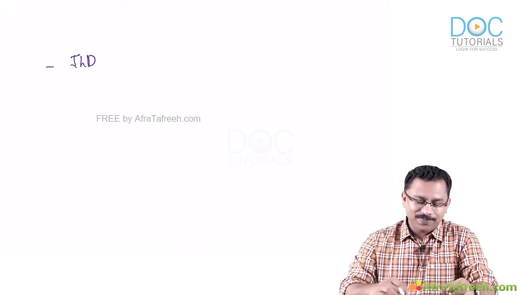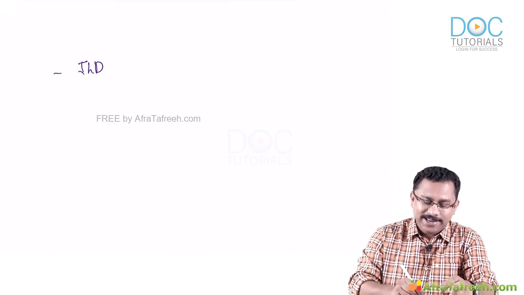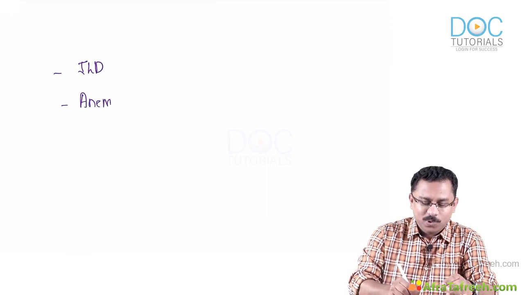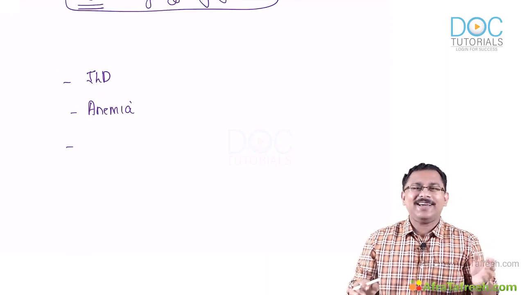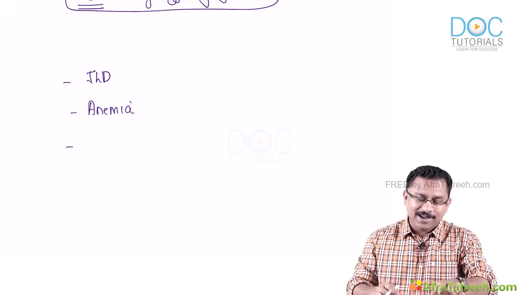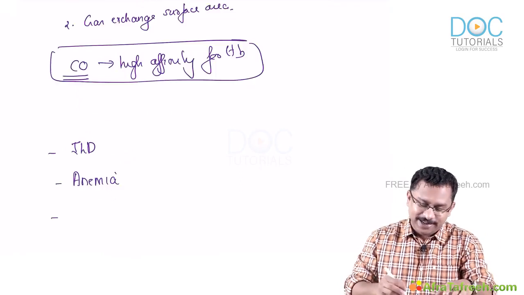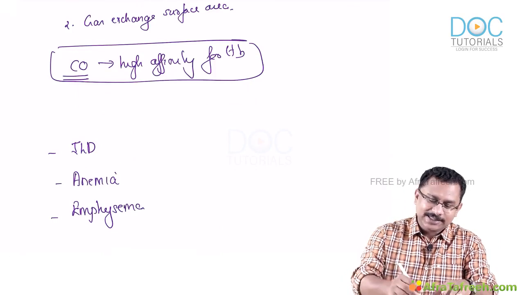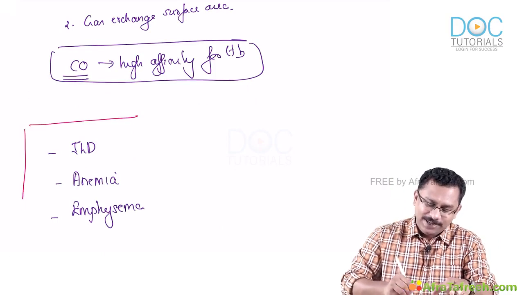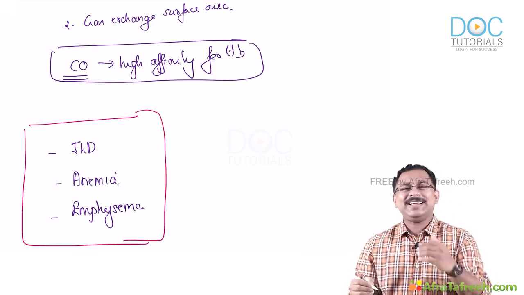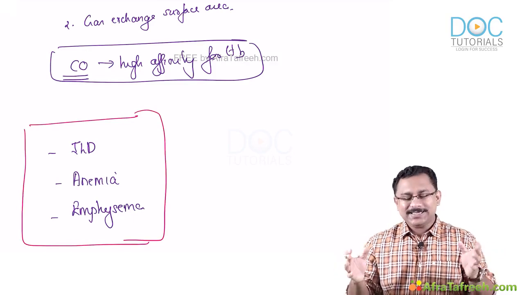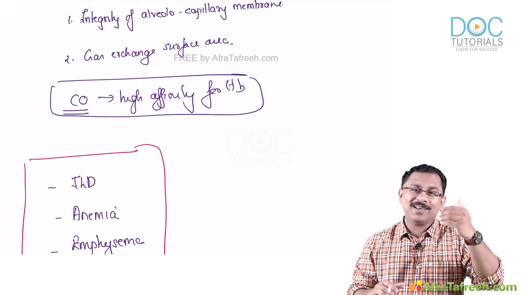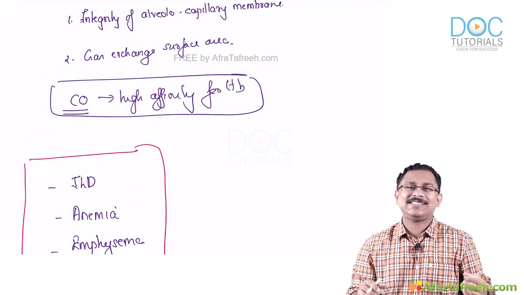So in such a disorder, as well as in disorders like anemia, where you have low hemoglobin content, and also in disorders where the gas exchange surface area is affected, like your emphysema, there will be a decrease in the diffusing capacity of carbon monoxide. The decrease is because either the alveolo-capillary membrane is affected or your gas exchange surface area is